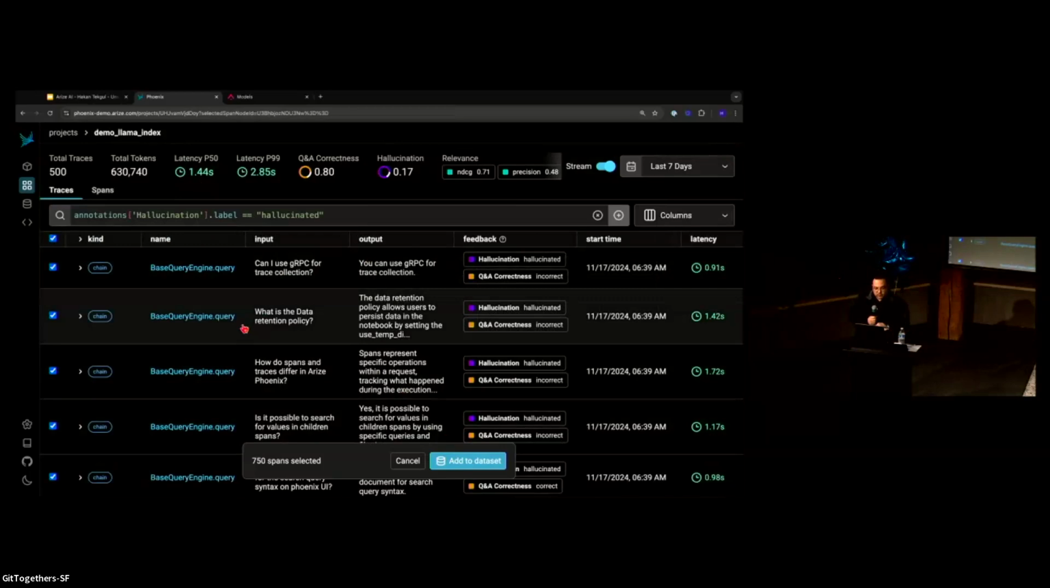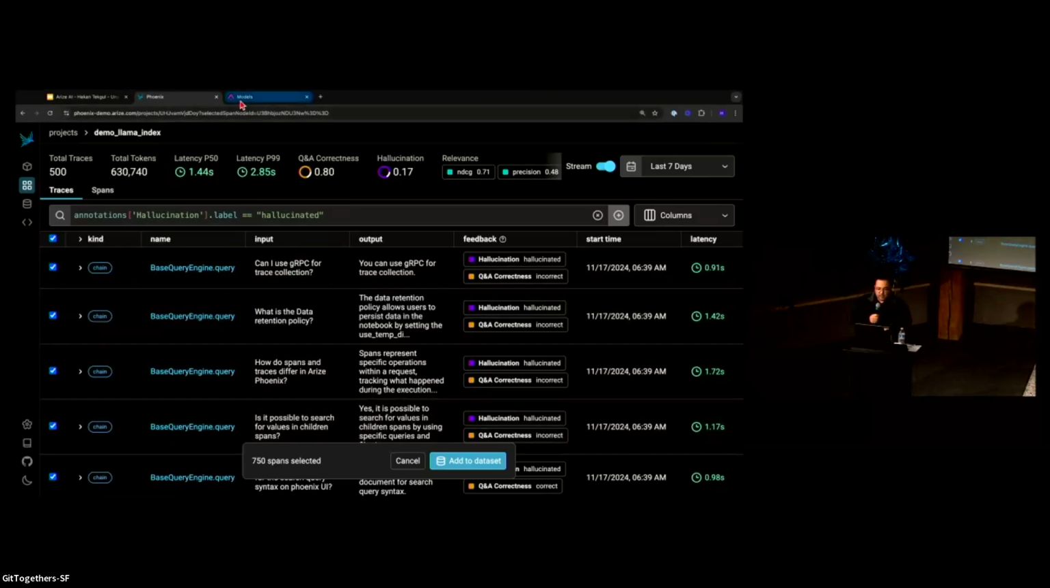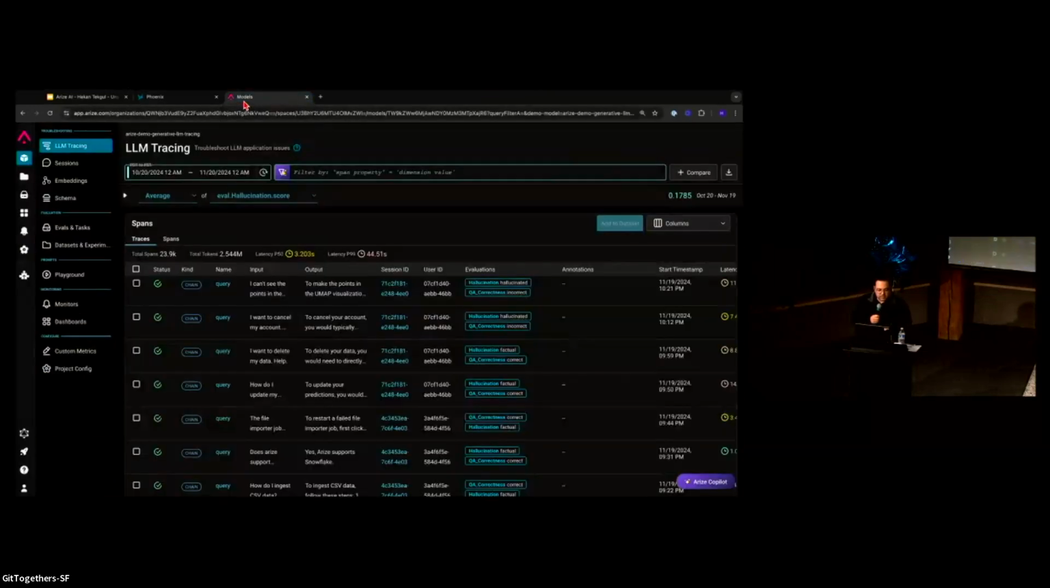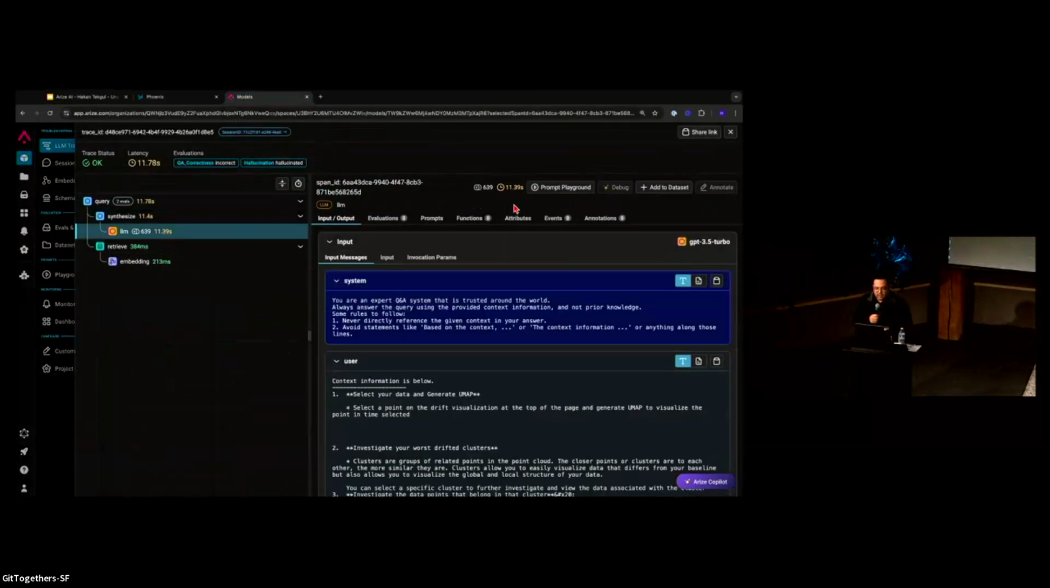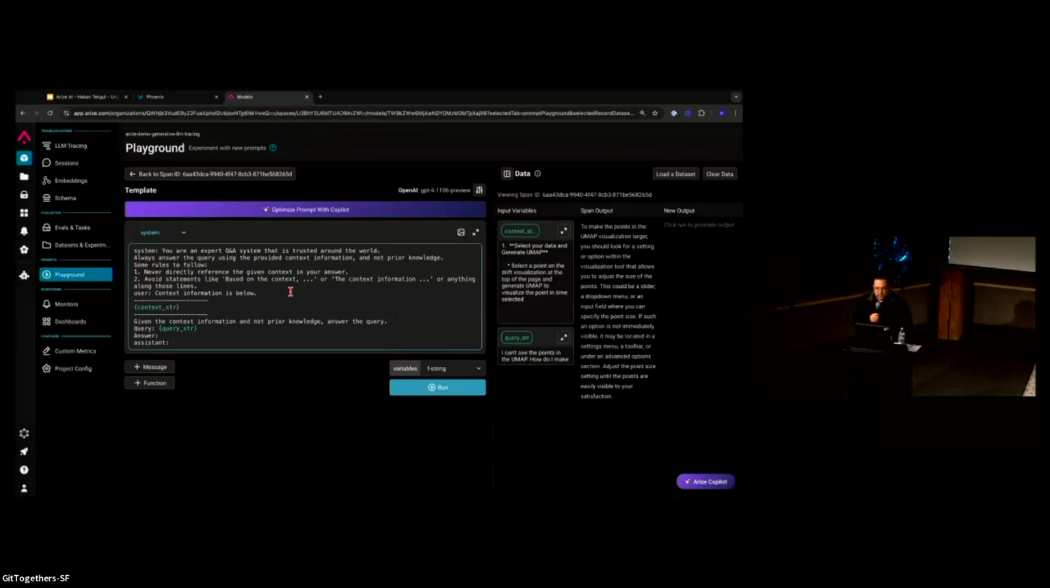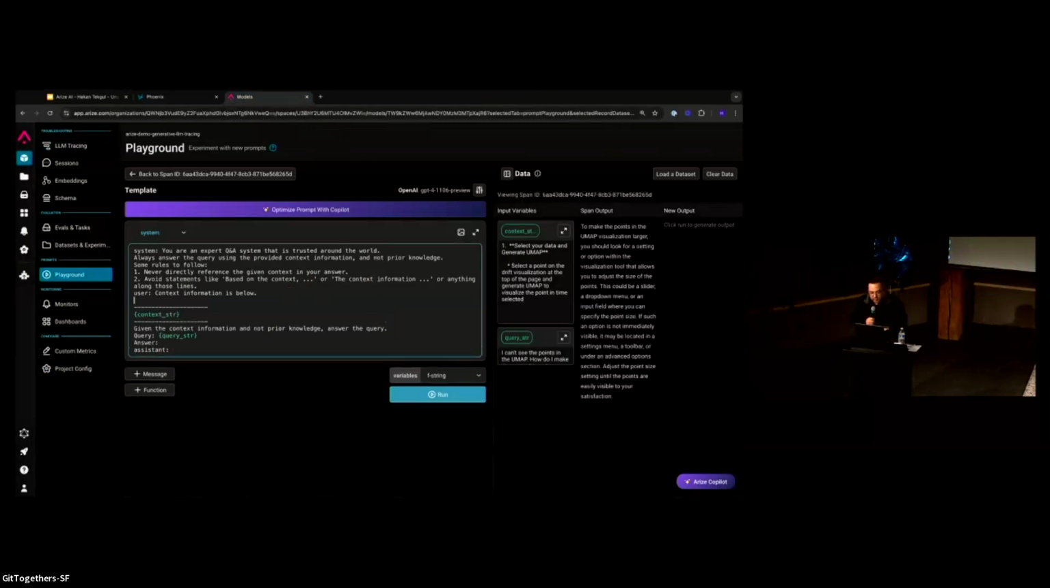The next question I have is, okay, I have this tracing and evals, and it helps me find some bad responses. How do I iterate on these? This is also coming to Phoenix. It's not released yet, I think we're releasing it this week, but on our enterprise platform, you can jump into the LLM spans and then into a prompt playground where you can iterate on your prompts. So you can say something like, if you don't have the reference context, say